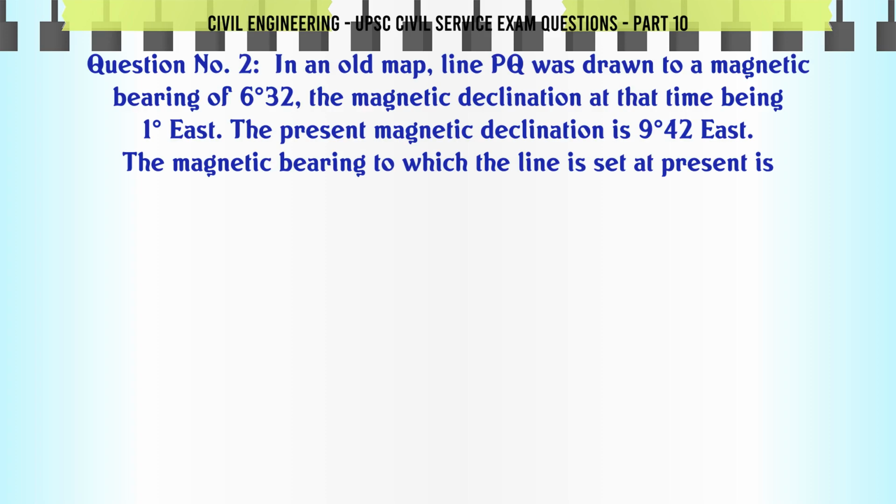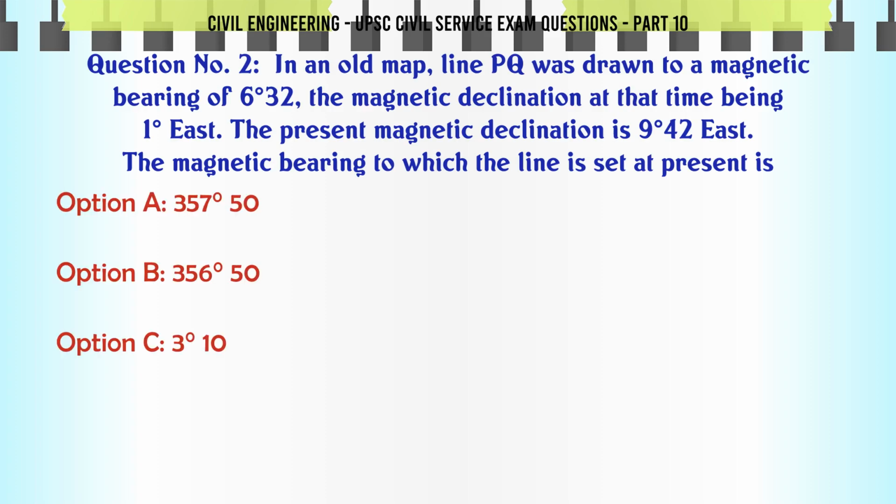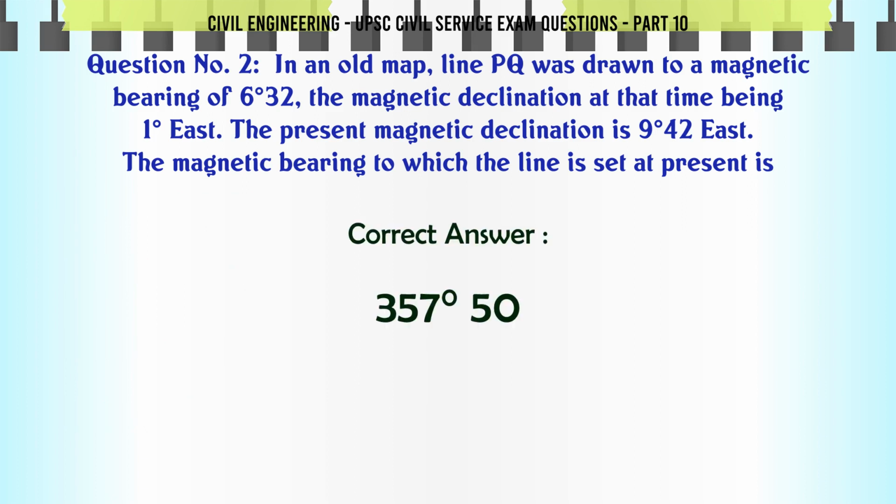In an old map, line PQ was drawn to a magnetic bearing of 632, the magnetic declination at that time being 1 east. The present magnetic declination is 942 east. The magnetic bearing to which the line is set at present is A. 35750, B. 35650, C. 310, D. 210. The correct answer is